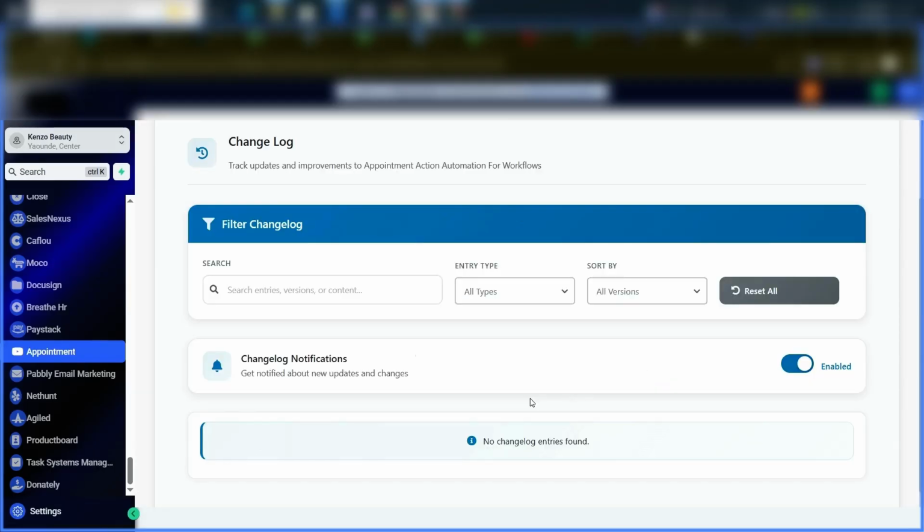You've learned how to install, set up, and configure your app. Our support team is available for more